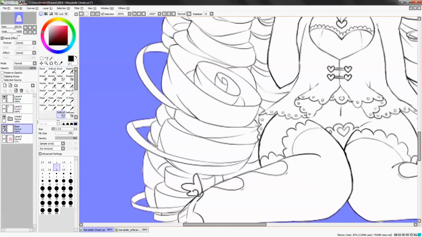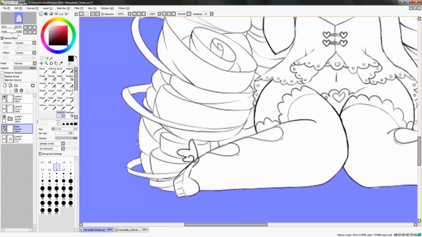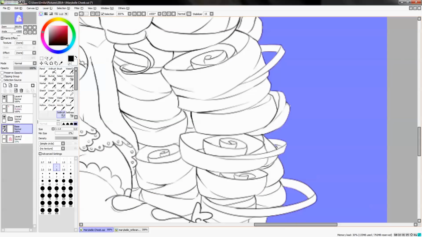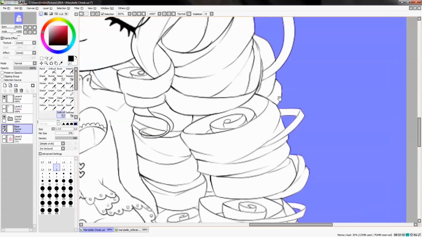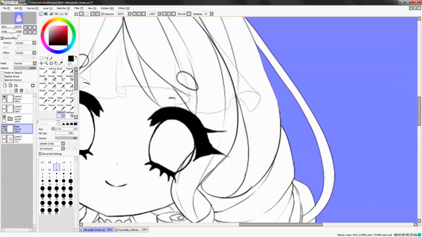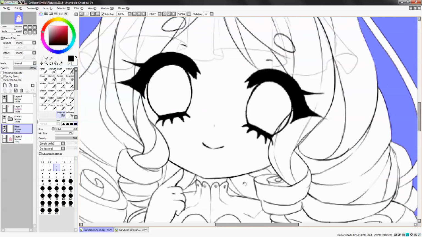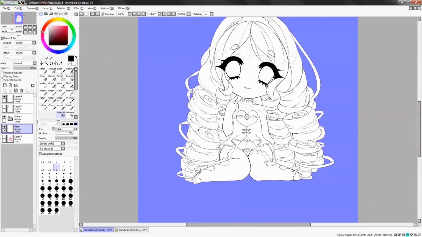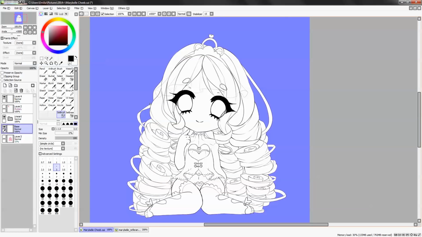Unless you do an outline that some people do around the character, and then it's even easier usually. Sometimes you miss some parts. Yeah, done. Fast. Then, afterwards, you just go to selection and click invert.